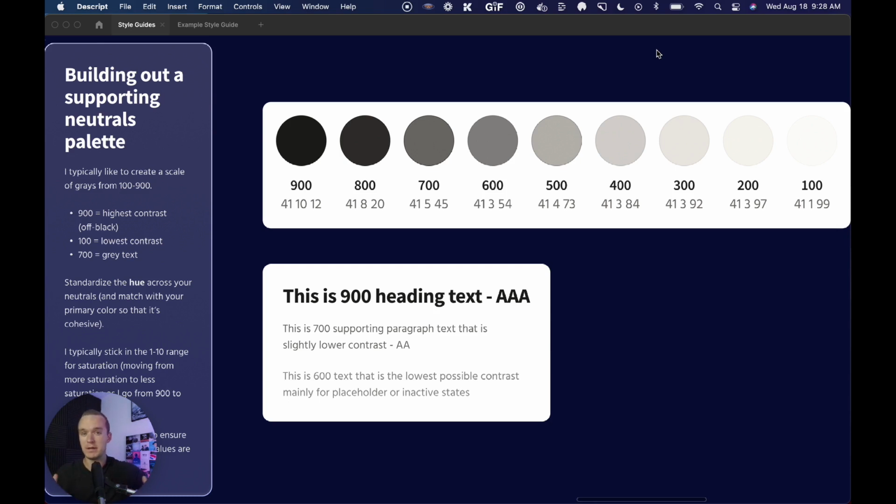Now, people have different opinions about the number of grays to use, and there is this general idea that we should be standardizing our grays and using less if possible. I think that a nice middle ground is to create a scale from 100 to 900. Using a scale like this works well because it's really easy to talk about with your engineers, and also it will take care of every single use case, I promise. The way that we're going to create this neutrals